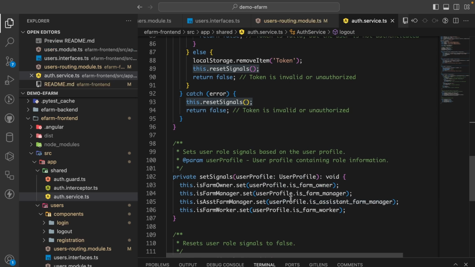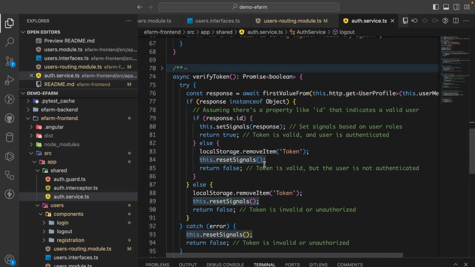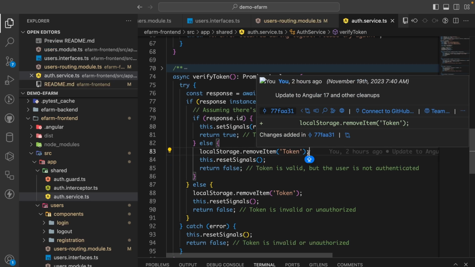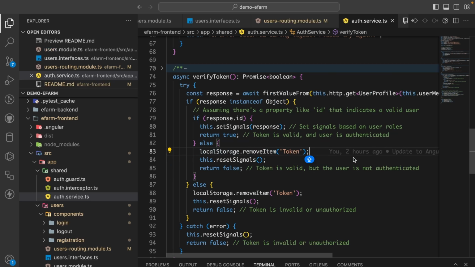Farm manager, that will be true, and so on. So if that's the case, then that's what will happen there, and then our execution shall stop from this point where our verified token shall return true. But if the response does not really have an ID, it means that something has happened, so we shall remove the token which was inside our browser, and then reset all these signals and then